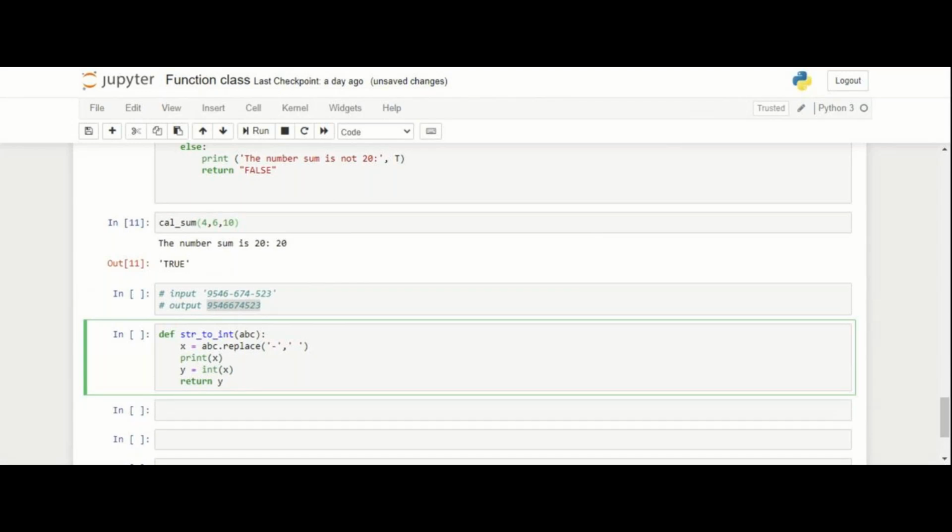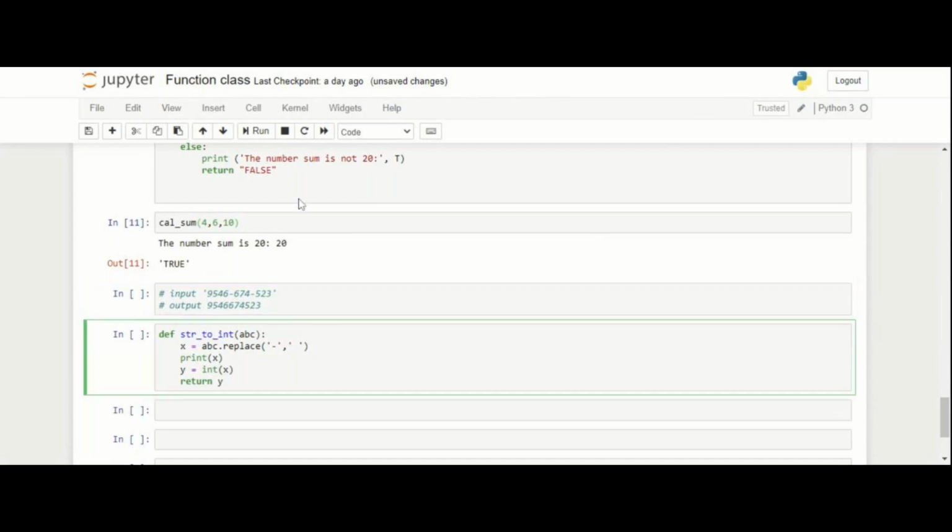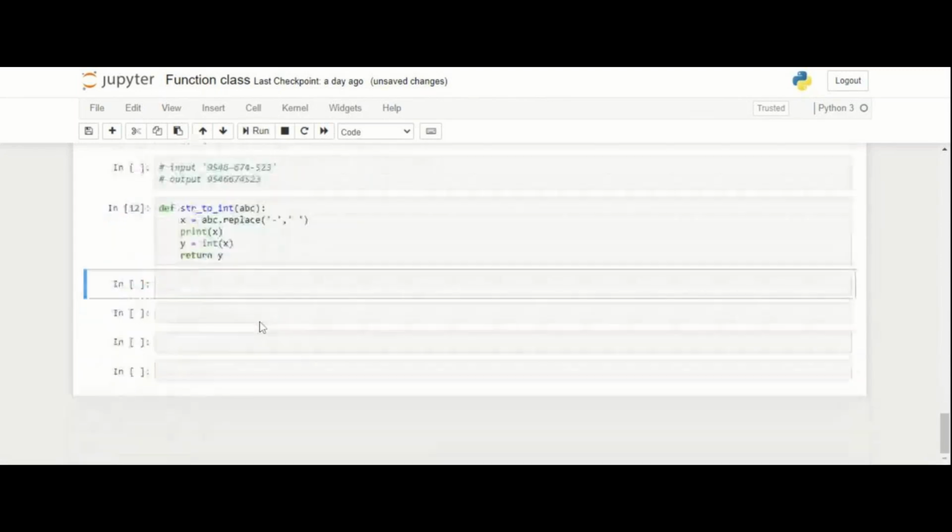Understood, right? First I am doing the replacement. This dash will always be constant: after 4 digits one dash is there, and after 3 digits one dash is there. If it is at some other location, then we have to see whether it is getting replaced or not. So let me run this function.